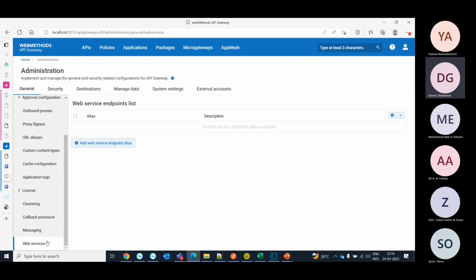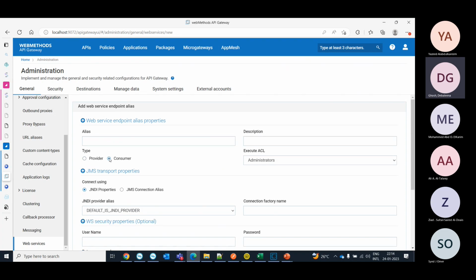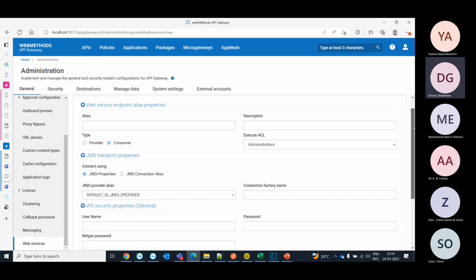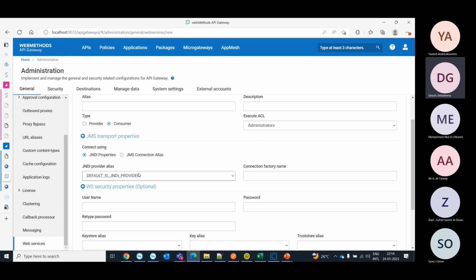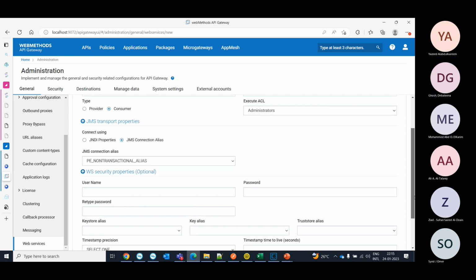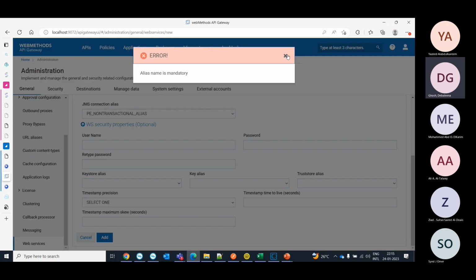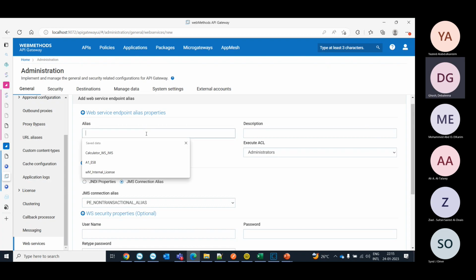So from the API Gateway administration, I can create a web service endpoint alias, and I can create a consumer alias of JMS transport. So I can define all these properties here, either JNDI properties or using the JMS connection URL. So let me set it. And then if additional user tokens, etc. are required, I can add them. But at minimum, the alias name is required. So let's call it